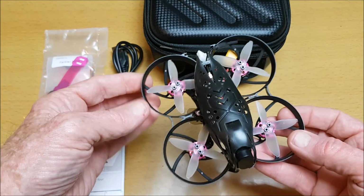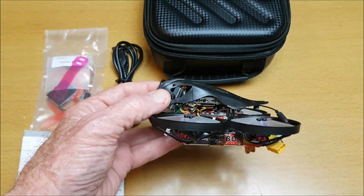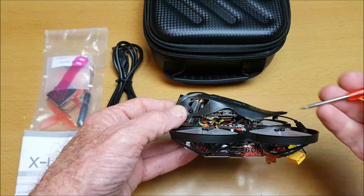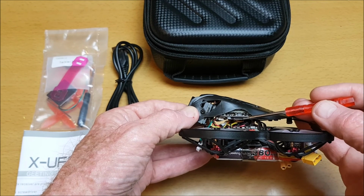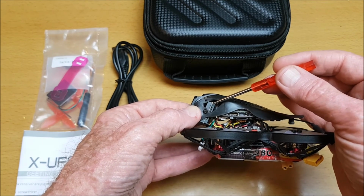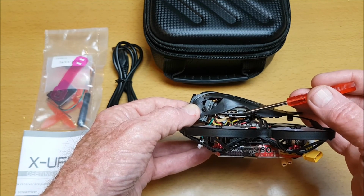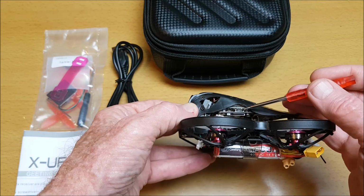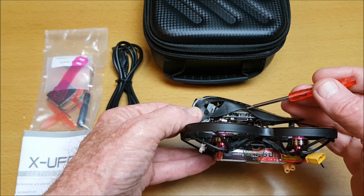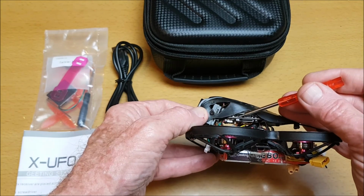Now, it's a very interesting design, and I actually think it's a very good design, because if one really looks closely, here's the micro SD card slot for the Caddx Tarsier 4K camera, easy access for the USB port, the heatsink for the camera on the top, easy access to buttons here